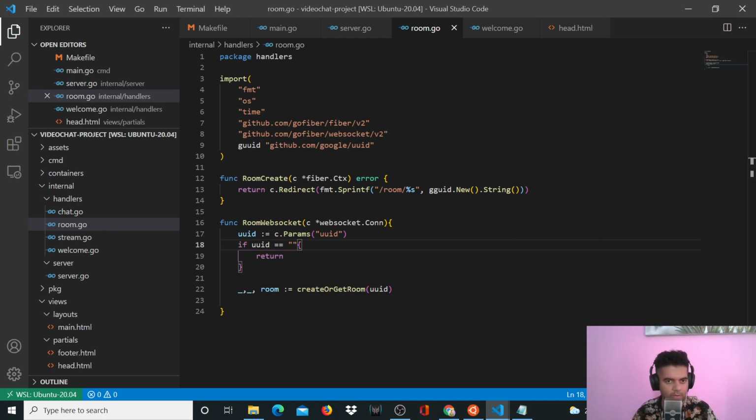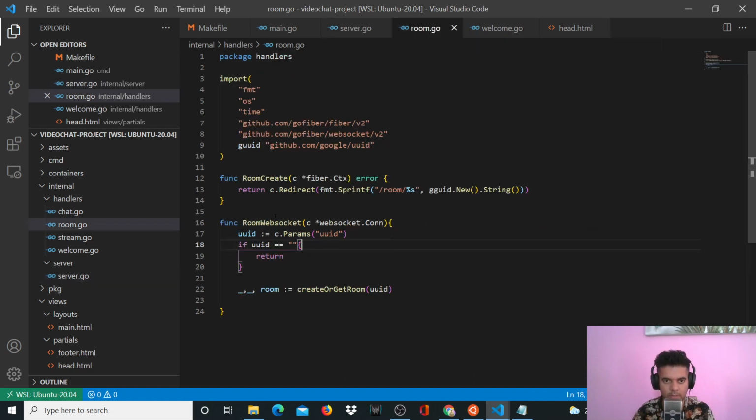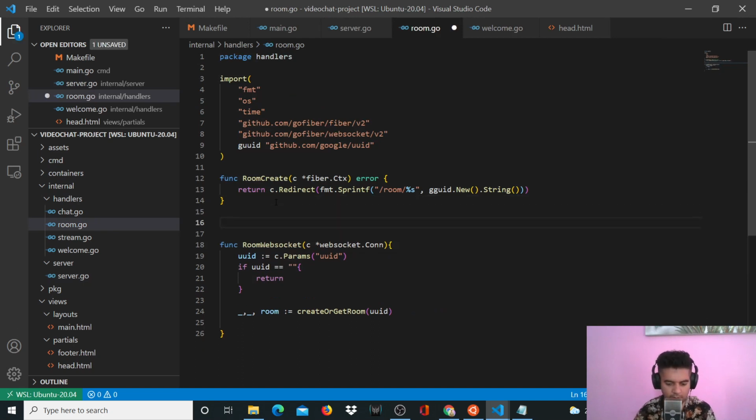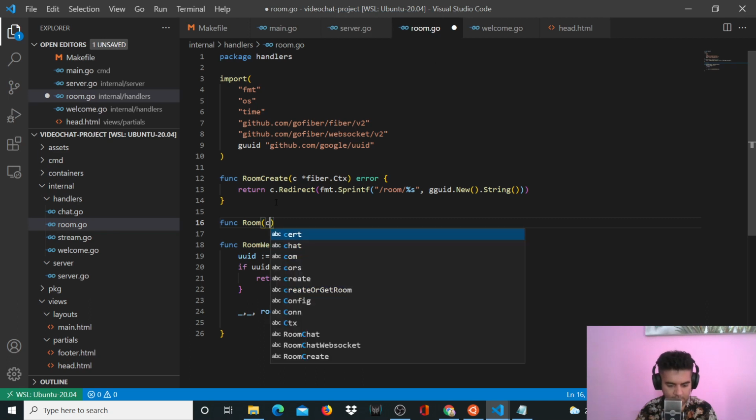So I was working on the room function, which is here. What's happening here is you're saying room and the unique ID of the room, and it's basically being sent to the handlers.room function. So handlers.room function means there will be a function called room. Let's create it. So we'll say func room takes C